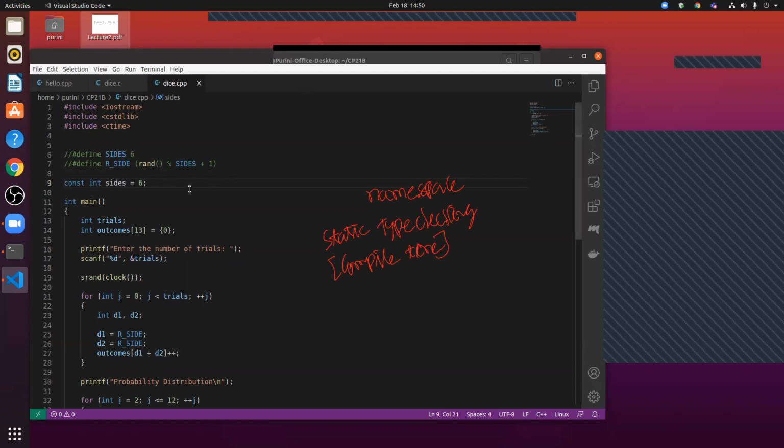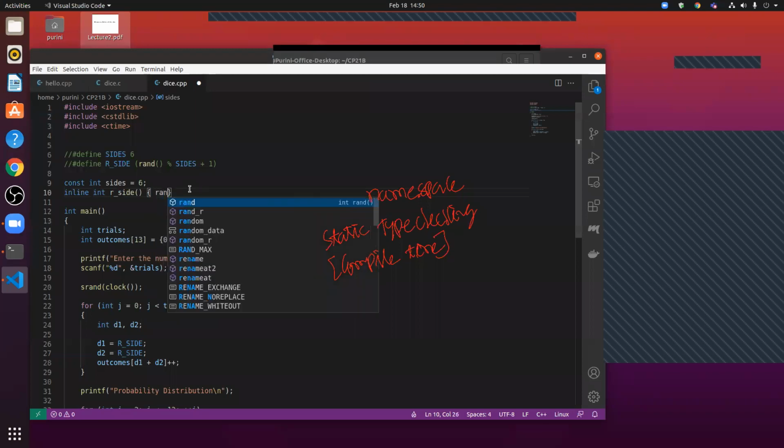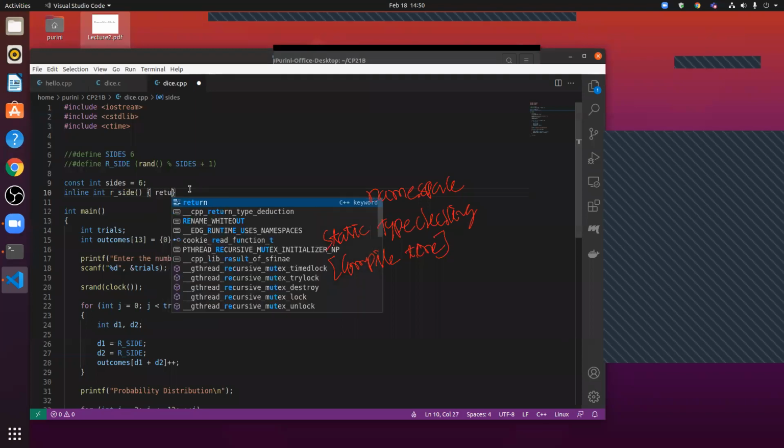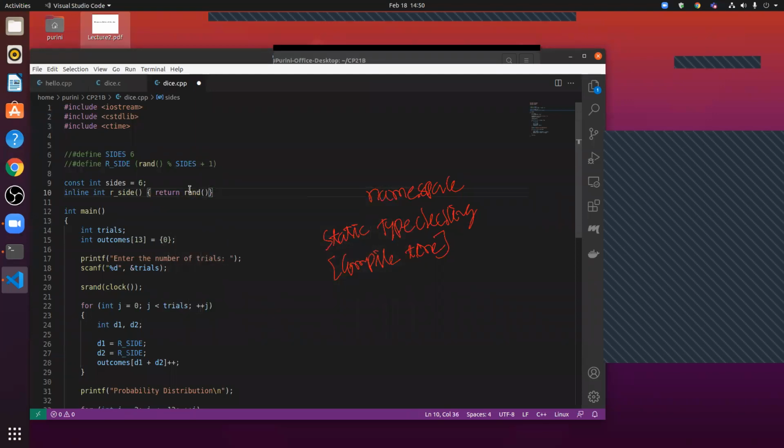So now we would like to have inline int r_side, return. We can use hash define, but we should avoid it.